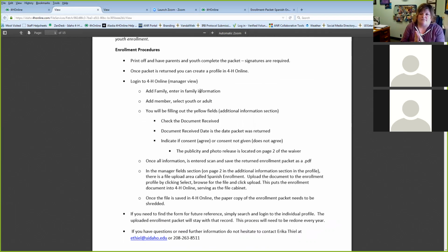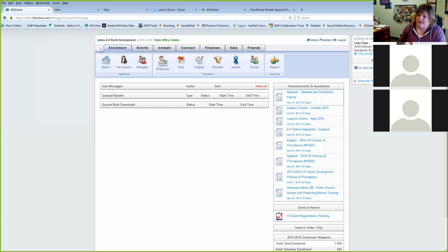Once you've got that completed form, you log in to 4-H Online as the manager and work through that packet. Once all the information is entered, we want the packets to be scanned. And when you're in a profile,